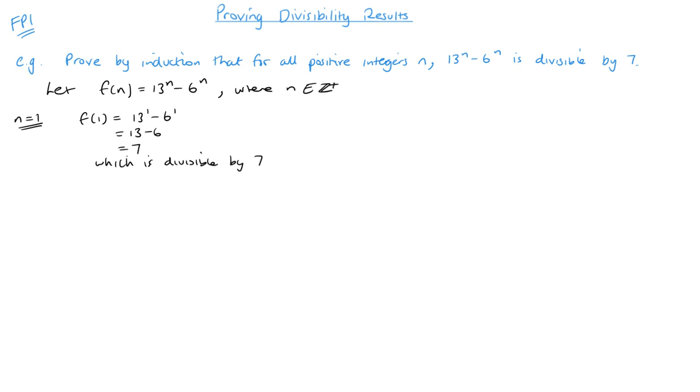Kind of obvious, but I'm just getting you used to writing these bits down. So f of n is divisible by 7